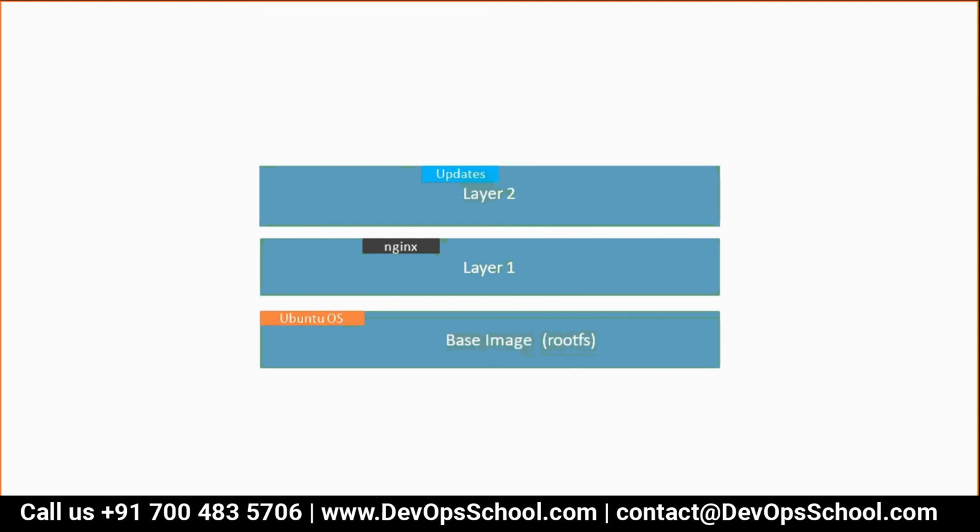I never said a container is an operating system, because an operating system has a kernel and kernel files, which you can typically call the boot file system, and you do not have that in the image. You can see here the last image, the very first layer, is the root file system, not a boot file system. Boot file system is equal to kernel, you can say. So I don't know where I stated that. Are you getting my points? Is it clear?